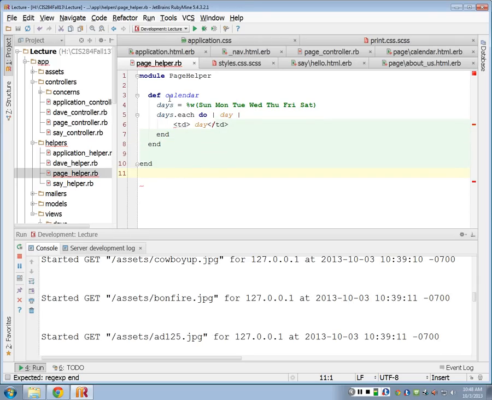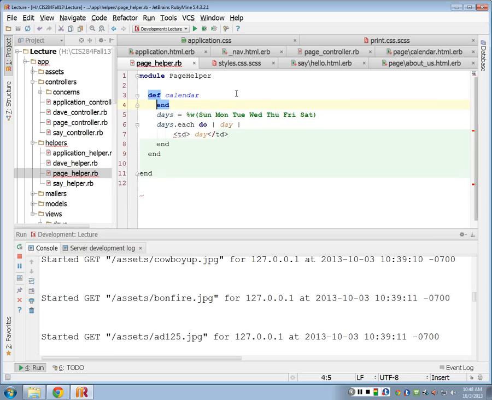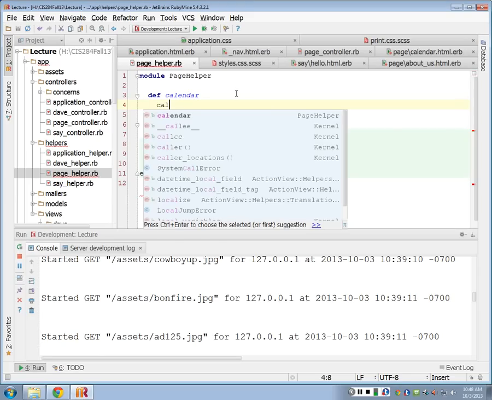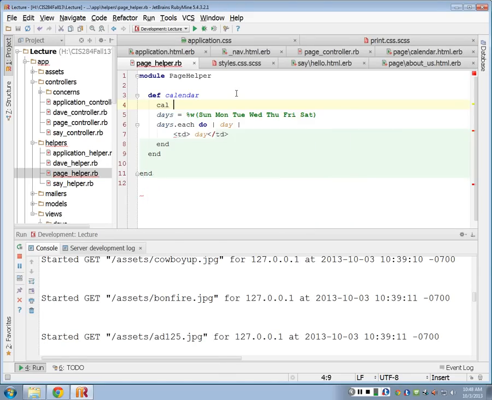What is calendar going to return, though? A string. Okay, so I need to build up a string. I can't print in my methods, but I can return a string, right? And that's why I was so hard against you printing from your methods. So we want to create a string called whatever, cal, and we'll start it out with nothing,